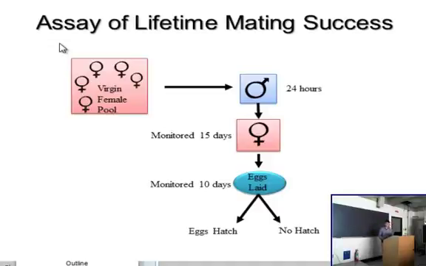How I quantified reproduction then is if the eggs hatched, it was assumed that that male successfully inseminated the female at day 30, or 25 days earlier, when she actually had access to the male. While no hatch would be the opposite: there was a day of no reproductive success.